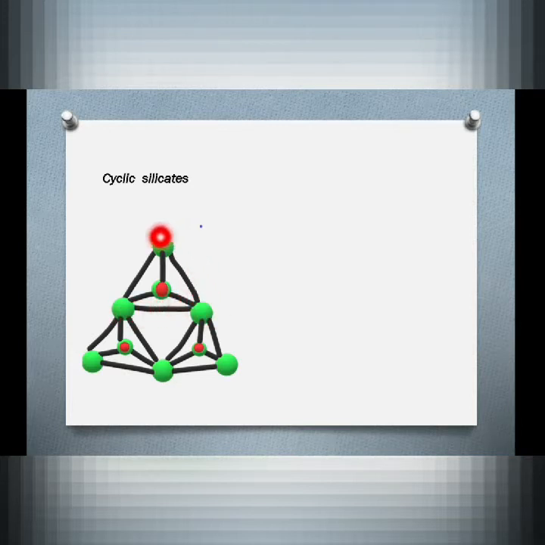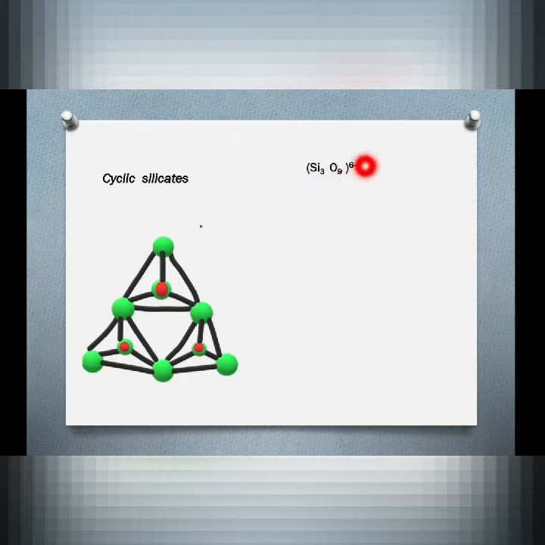So for a single tetrahedral unit, the contribution is SiO3, and in this case there are 3 tetrahedral units, so it will be multiplied by 3. So the repeating unit for cyclic silicate will be SiO3 into 3,